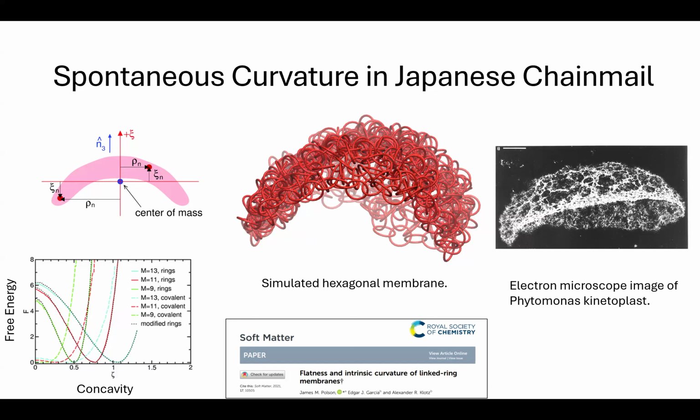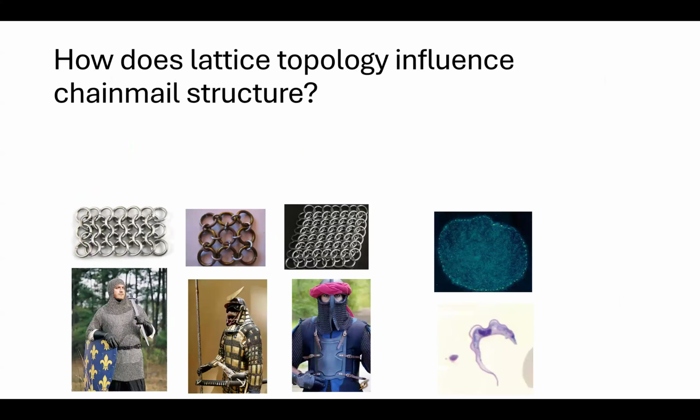And you can argue that this is maximizing the free volume that each mini circle has to explore. But this got us thinking, or at least got me thinking, about the relationship between the topology of a chainmail structure and the overall shape of the network that it forms. You can think about this not just in terms of square versus hexagonal versus honeycomb or whatever, but there's a subtler point about the chirality of each of these links.